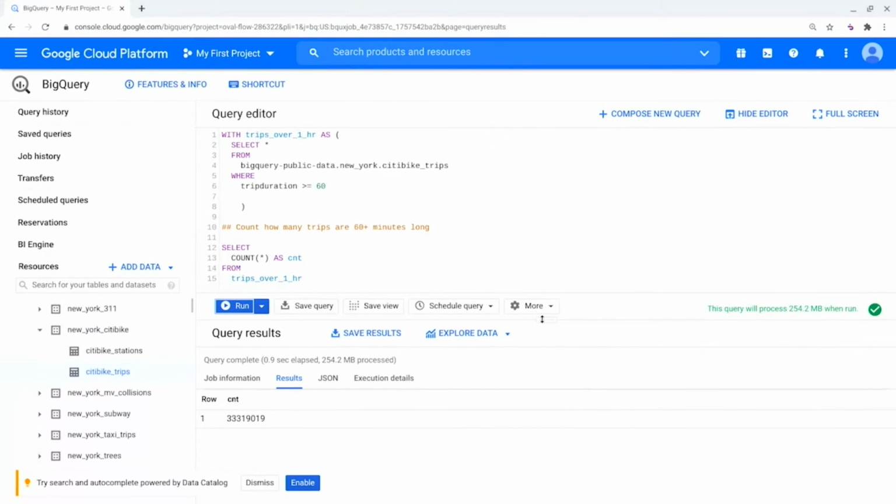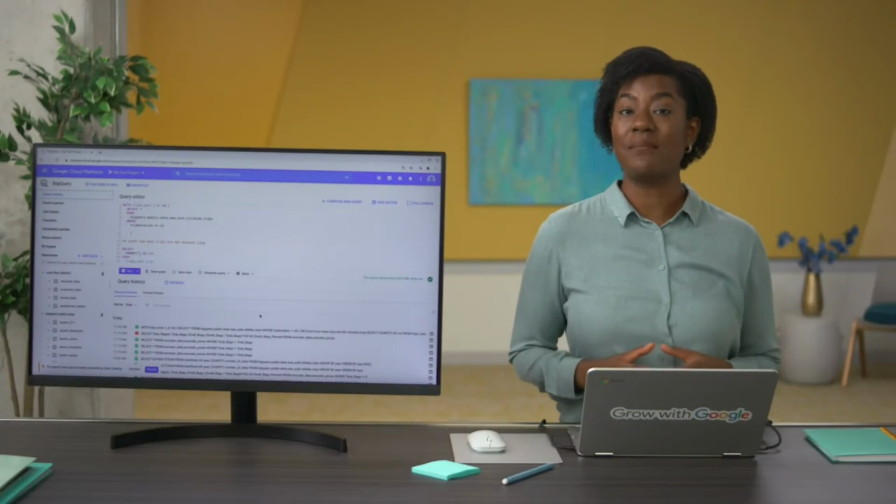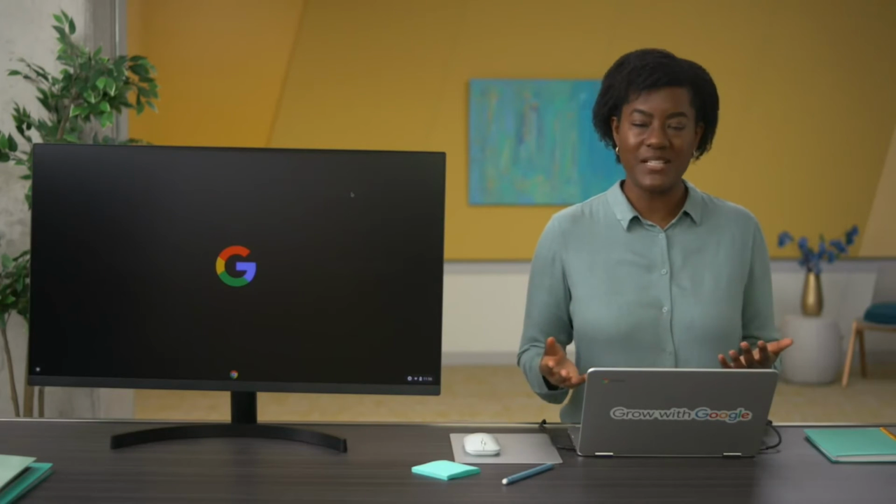We can keep running queries on this temp table over and over as long as we're looking to analyze bike trips that were 60 minutes and over. And if you need to end your session and start a new runtime later, most servers store the code used in temp tables. You'll just need to recreate the table by running the code. When you use temporary tables, you make your own work more efficient. Naming and using temp tables can help you deal with a lot of data in a more streamlined way, so you don't get lost repeating query after query with the same code that you could just include in a temp table. And here's another bonus to using temp tables.